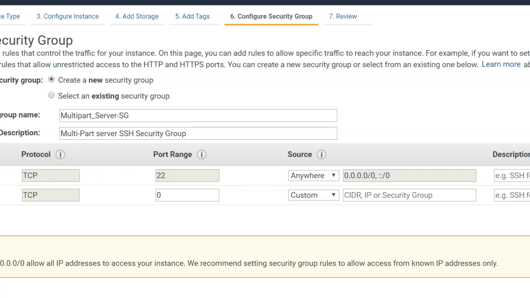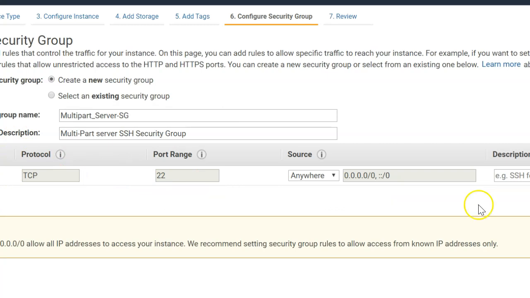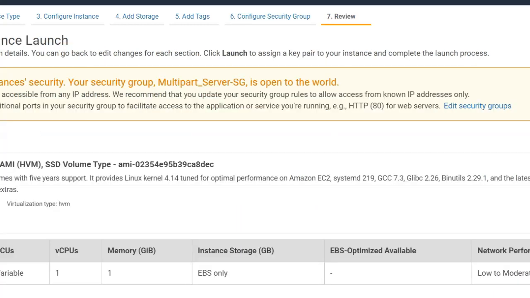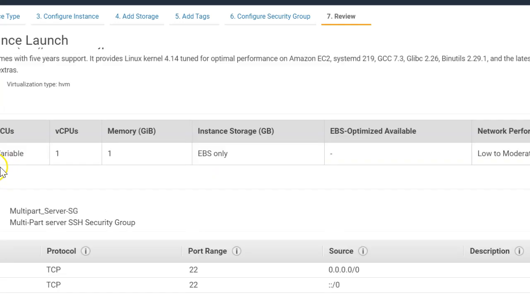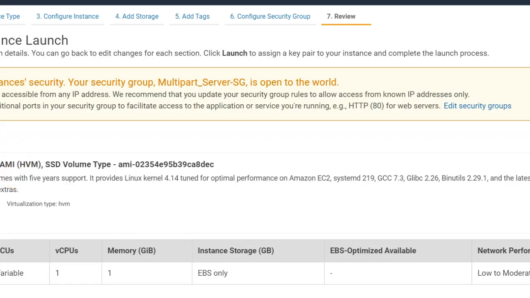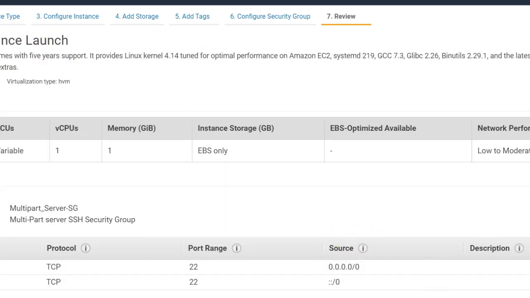If you want to add another rule, let's say an ICMP rule or HTTP rule or any other rule, you can hit add rule and add multiple rules at the same time, or you can even add these rules later. I'm just going to leave it as default. You need to hit the blue review and launch button here. The warning to improve your instance security is fine, you just need to ignore it. It gives you the option to review your instance before launching it, and you just click on launch.